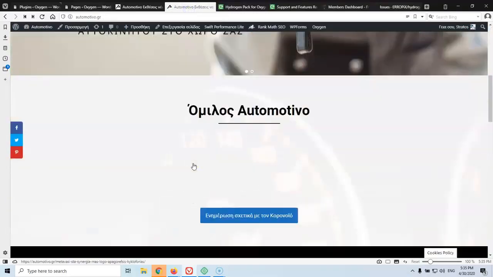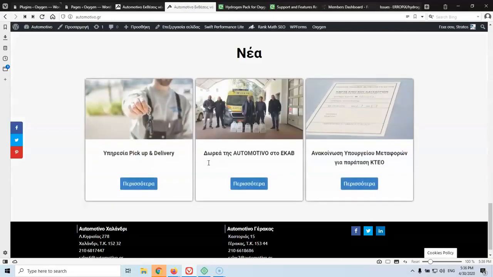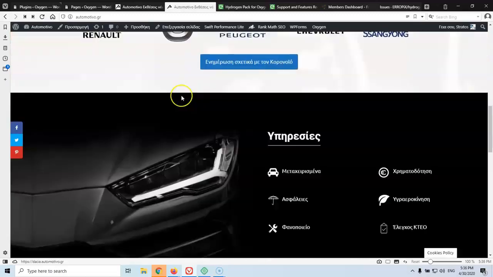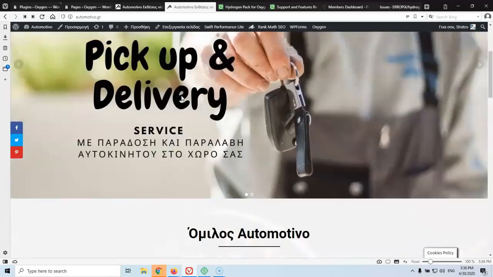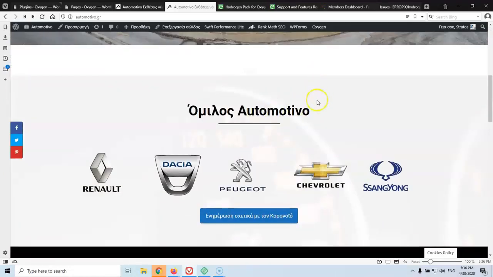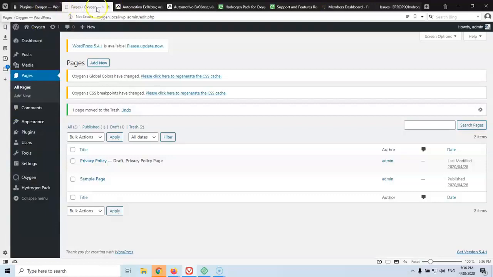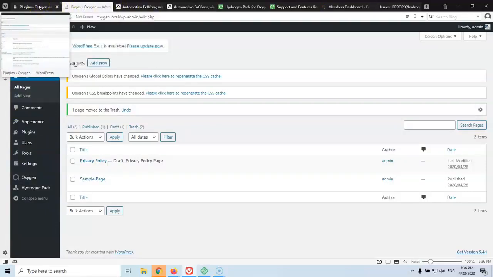This is the website. Sorry for the Greek language, but as you can see, it's in Greek. And as you can see, it has some stuff here in the home page. It has some animation. It has, sadly, a slider. And I say sadly because I don't like sliders, but the client wanted one. So this is from a live website, and we're going to create a copy of some sections in our local